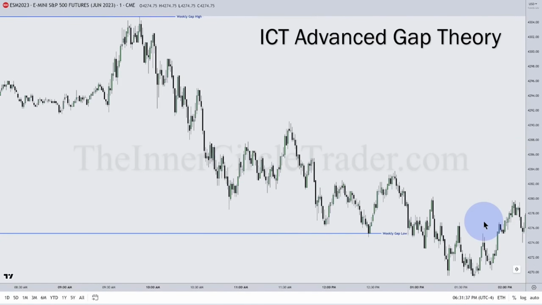Now I'm going to teach you advanced gap theory. We're going to take a look at that same price swing. All of this is the initial run up. This is a Judas swing in the first 30 minutes of trading. So at 9:30 opening bell, we see the price run higher, stops dead in its tracks at the weekly gap high. The gap high that I told you about weeks ago. Having that level on your chart and then anticipating price reacting there. Swing low, it breaks lower, and that gives us this small little gap right there.